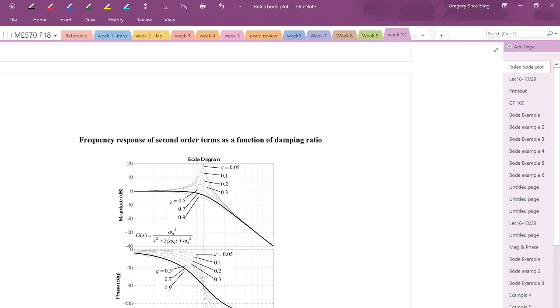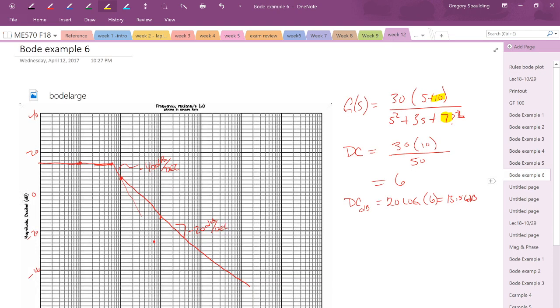stuff going on here. It doesn't always break real clean, depending on whether it's overdamped or underdamped. It may have an oscillation at that point, which will create a significant change in the magnitude ratio. So in this case, what we've got, if we go back and calculate our omega n, and we know that